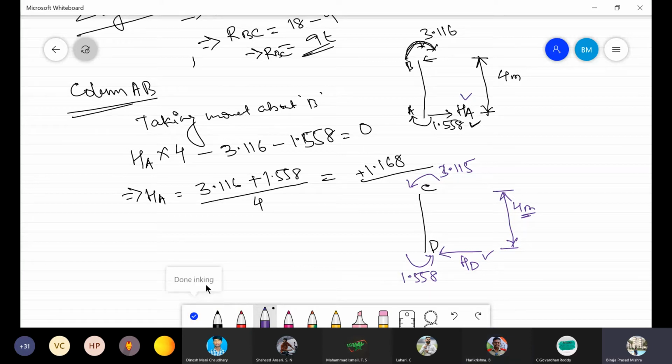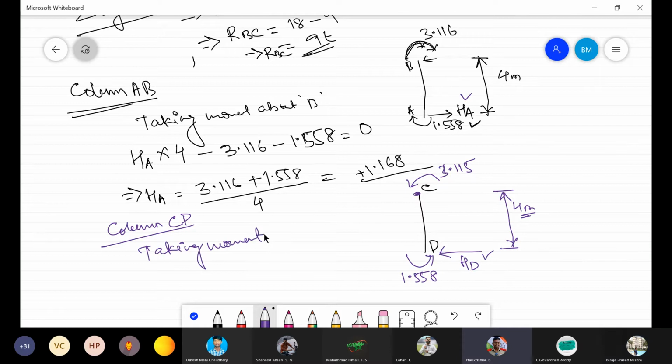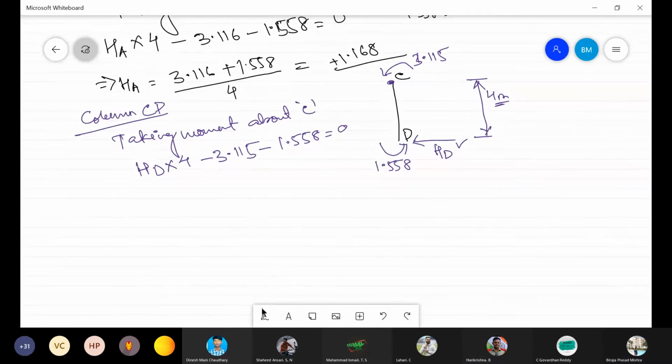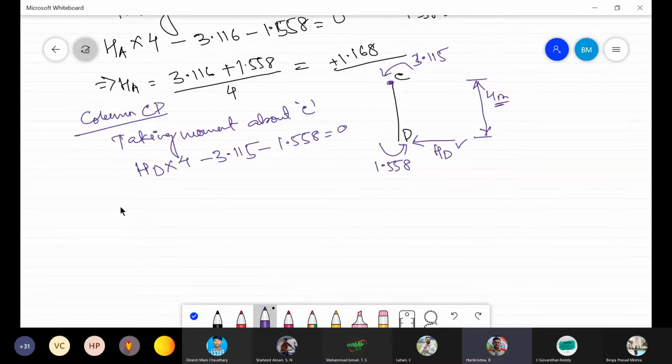So similarly, this is column CD. If I take moment about C, we have HB into 4, then minus 3.115 minus 1.558 equals 0. So this implies,